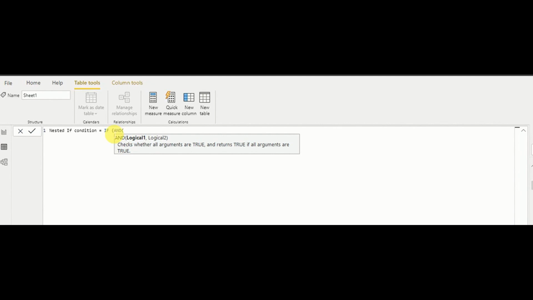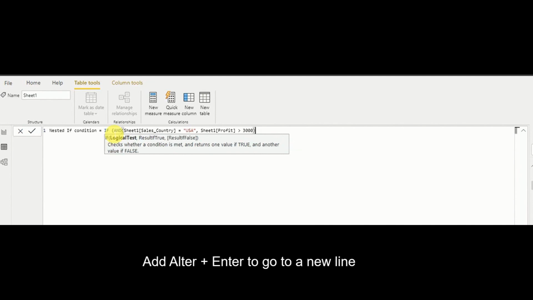One is if Sheet1 sales country is equal to USA. The second one is profit should be greater than 3000. Then I have to write what happens if it is true.